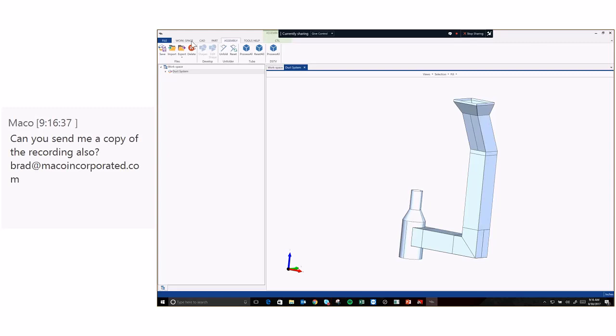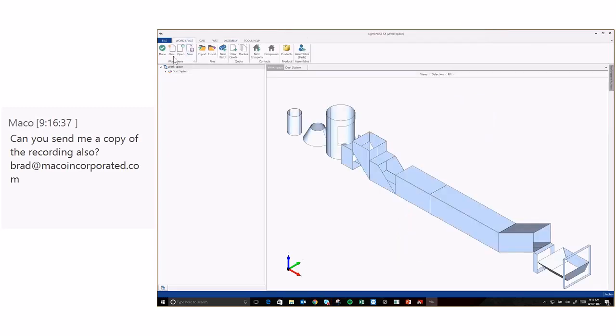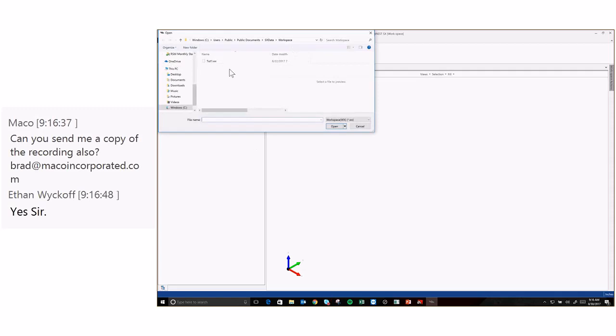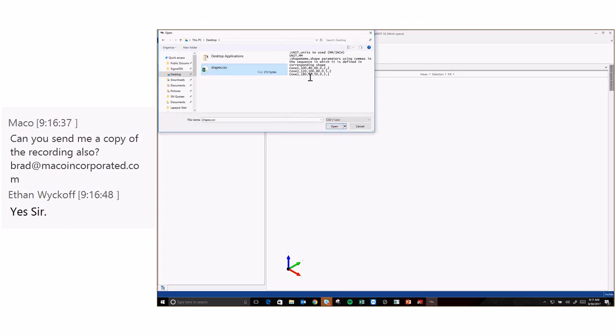Something else that's interesting, let's go to a new workspace. We can bring in batch files as well. So if you already know what you want to do, you can go to our desktop again. I'm going to change what we're looking for here. We can bring in, and as you can see here, if you set it up in a certain format